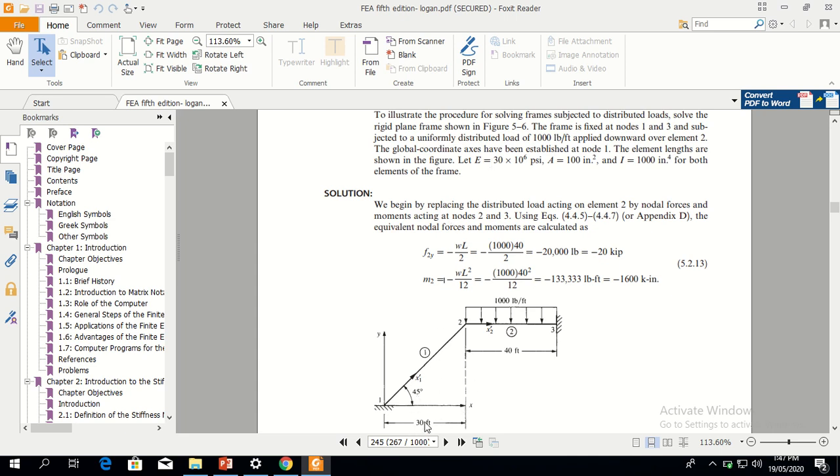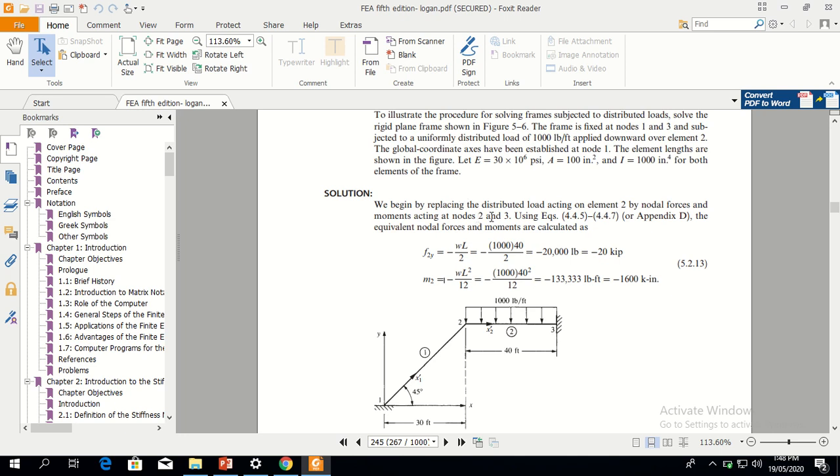You can see here its horizontal is 30 feet, but you can find this length of element 1 by using this angle and 30 feet. As we know, cos 45 is base over hypotenuse. The element lengths are shown in figure. Let E, the value of Young's modulus, and area and moment of inertia for both the elements of the frame be